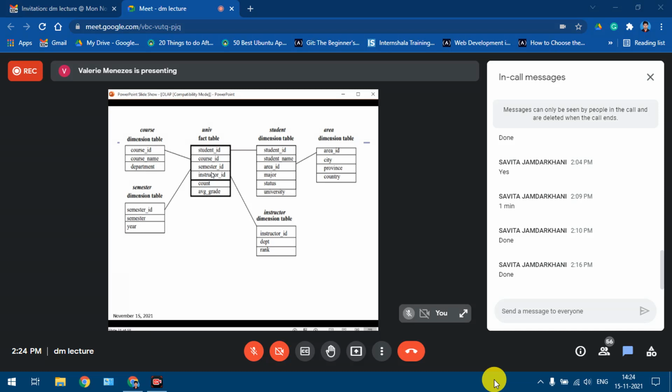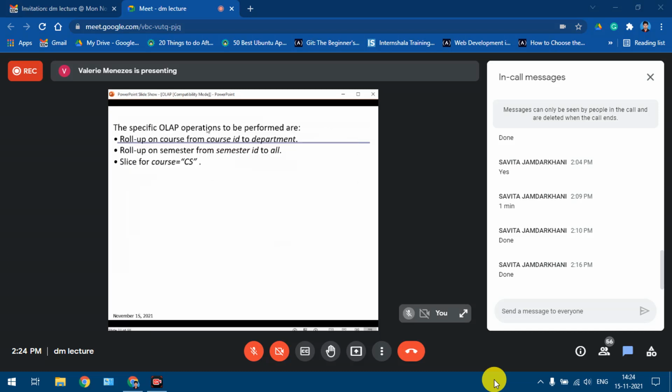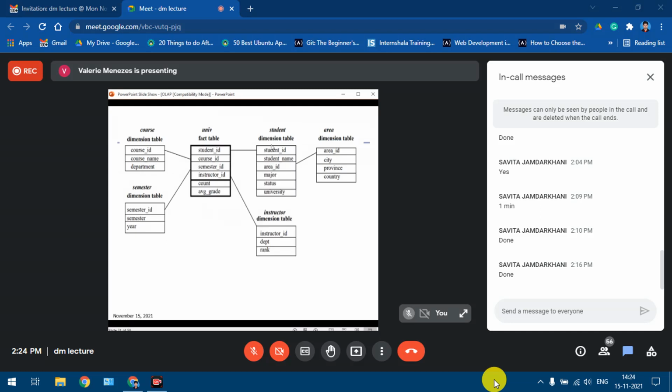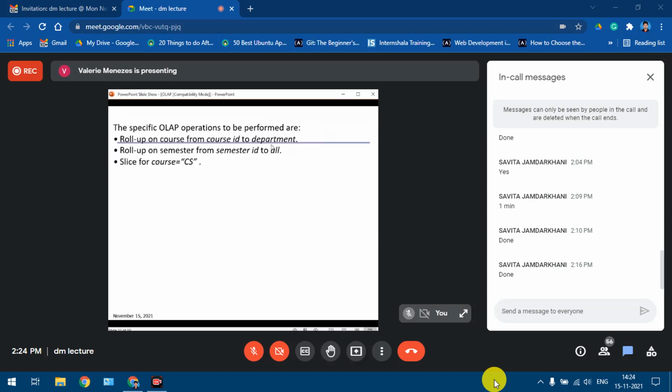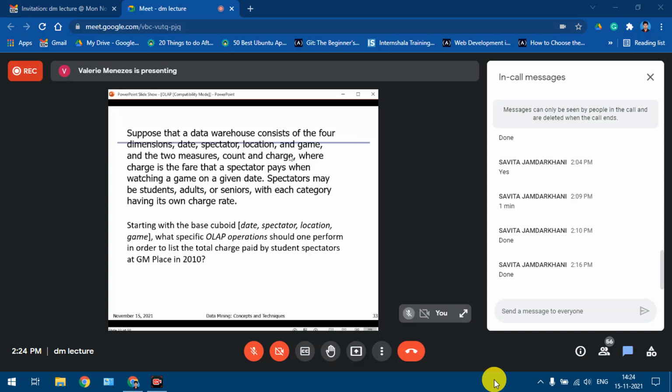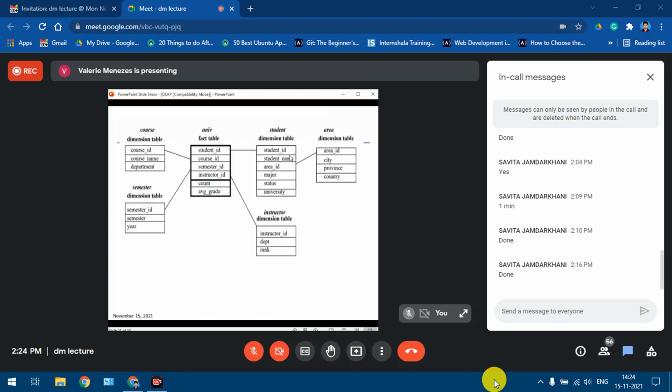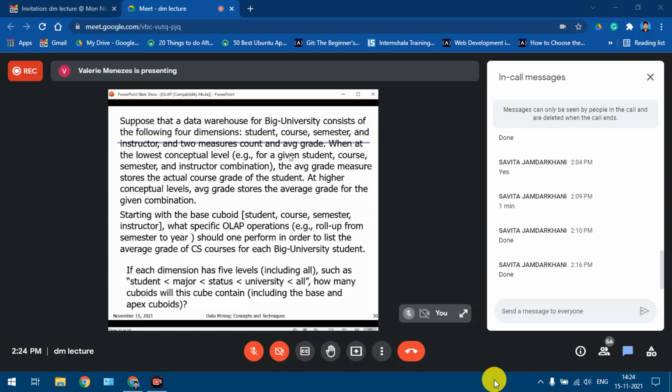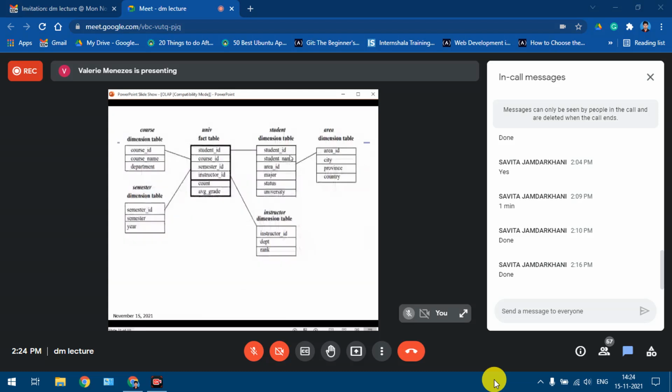So there are 2 roll up operations done here. First, roll up from course ID to department of course name, and then roll up from semester ID to all, because you are not searching semester wise, you are searching based on the CS courses. So you will roll up from course ID to course name or course department. Now why do I say that? Because it could be that the course name is computer science or the department.